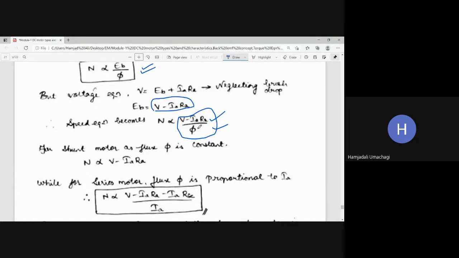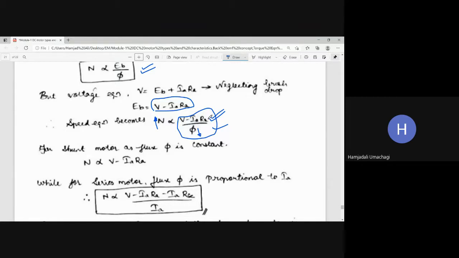If you want more speed, then decrease the flux. If I decrease the flux, then speed will be increasing or decreasing? Increasing. So this is called the flux control method. If you go for the armature voltage control method, you keep the flux constant. Keeping flux constant means Isc should not be altered. The field winding current should be maintained constant, so you should not vary the field rheostat. If you want less than rated RPM, go for the armature voltage control method.